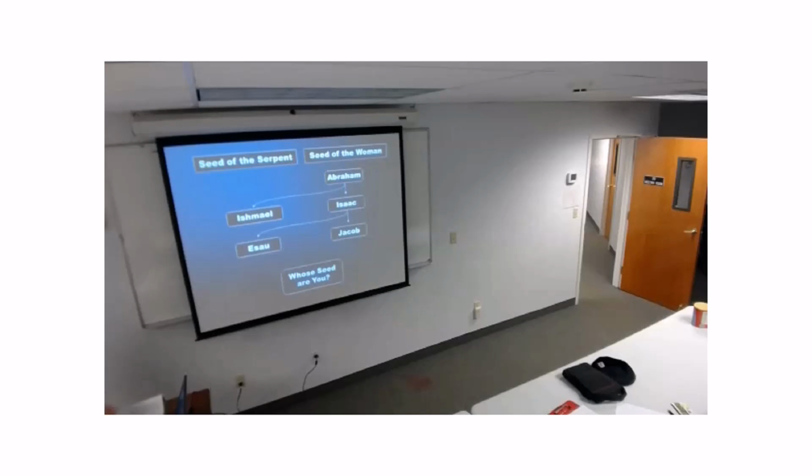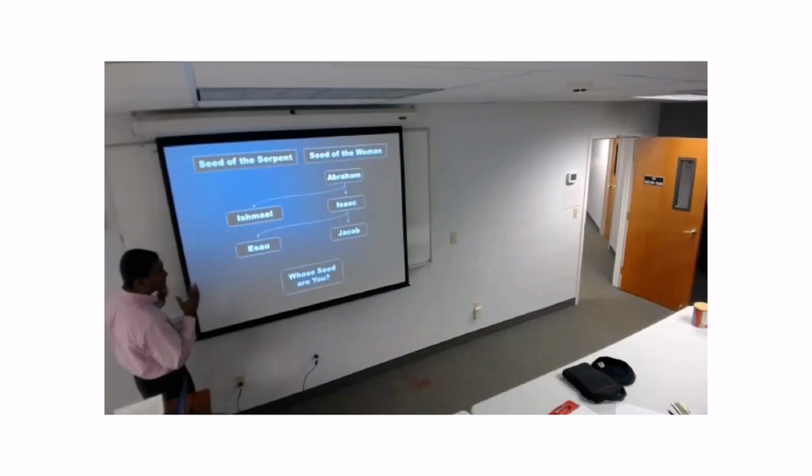Let me stop with this slide. So the last slide for here is, once again, bring back the familiar theme of the seed of the serpent and the seed of the woman. So even under Abram renamed to Abraham, the father of the many nations, you have Isaac, which is the child of promise, and you have Ishmael. And then Isaac will have 2 sons. One is Esau and the other Jacob. Once again, you can see there's going to be a flipping happening.